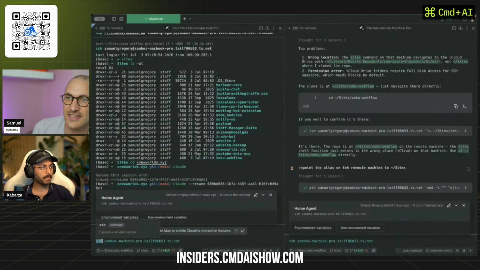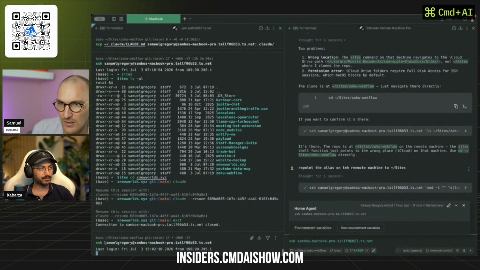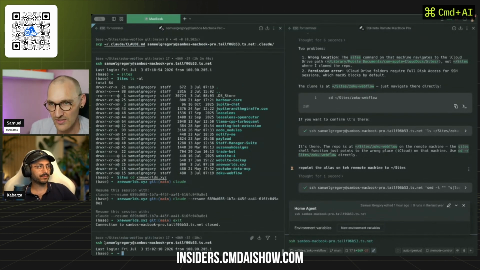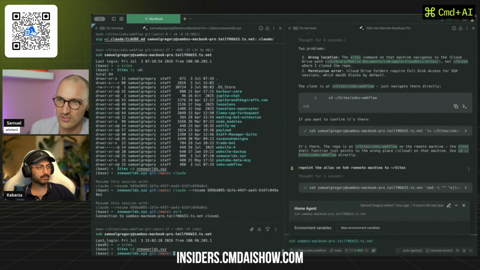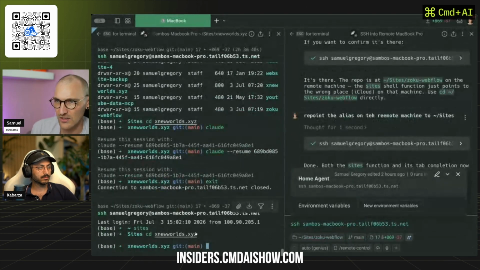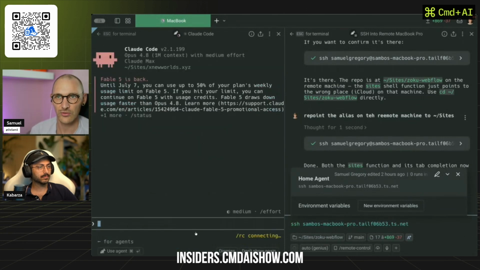If I go to home agent here, all I've got to do is SSH into that laptop. In fact, I need to go Samuel Gregory. And now I'm in that computer. I could have done a screen sharing, if you're more UI focused, you could screen share into it. But I like the terminal, and I can just navigate into my sites folder, go into the website that we were on last night, and run Claude. And now I can just say like,